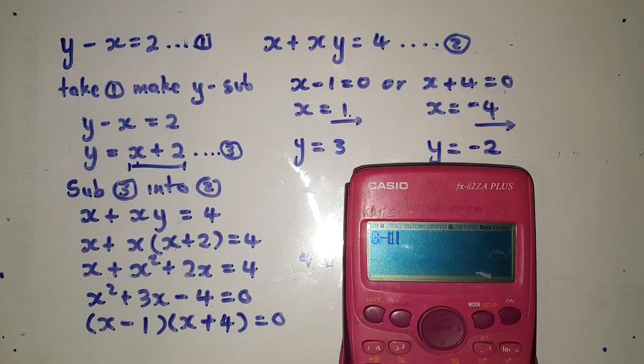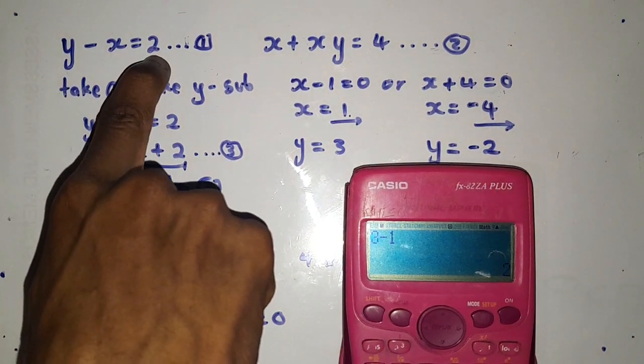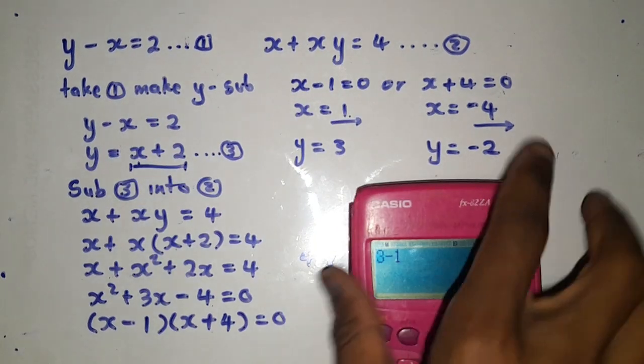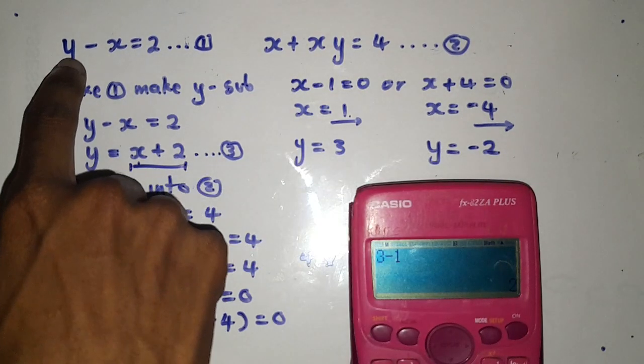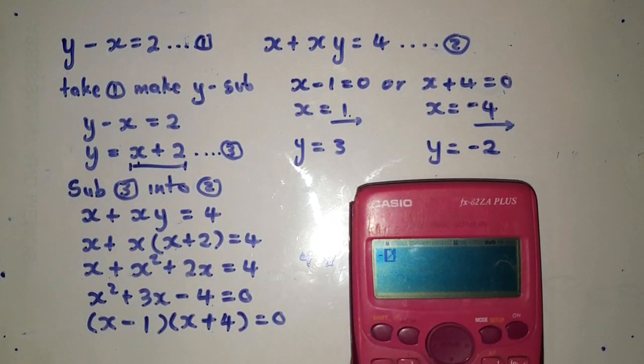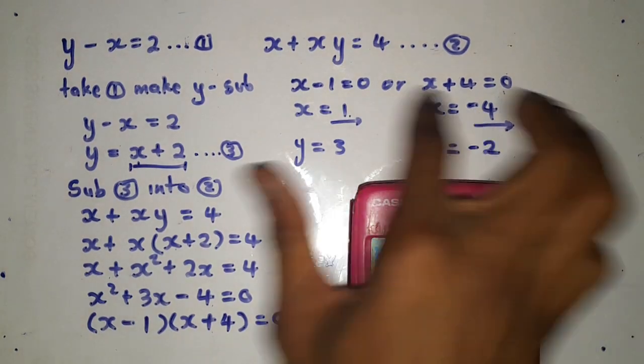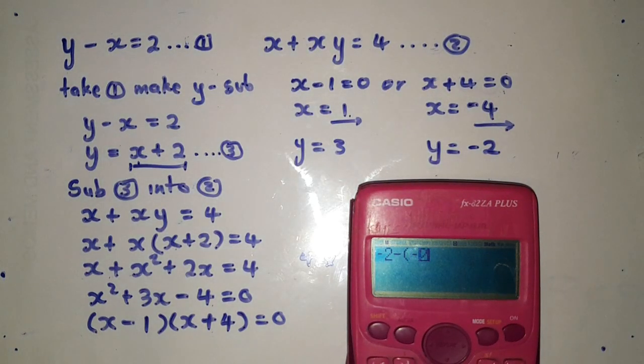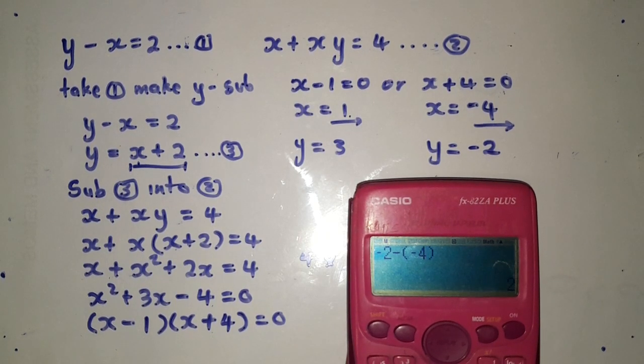It's going to be 3 minus 1, which is 2. You see? Correct answer. Same if we take minus 2 and minus 4. Negative 2 minus 4. Sorry, minus minus 4. Yes, we get 2. You see? Our equation is